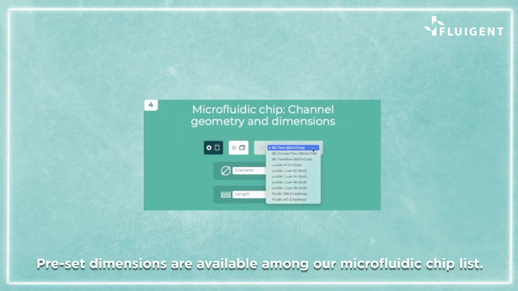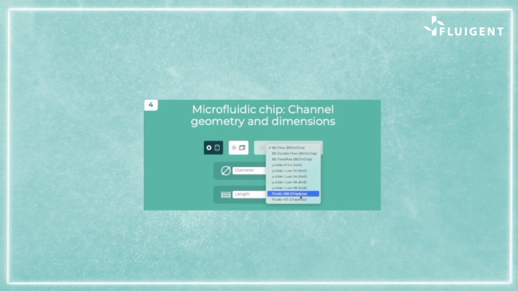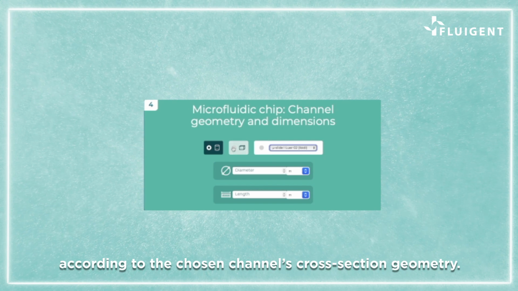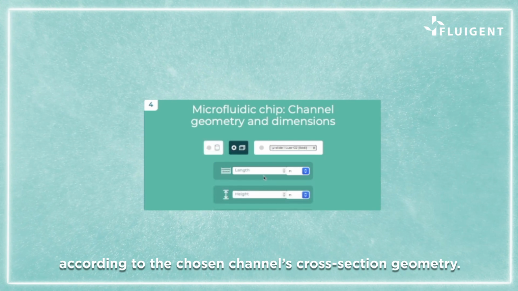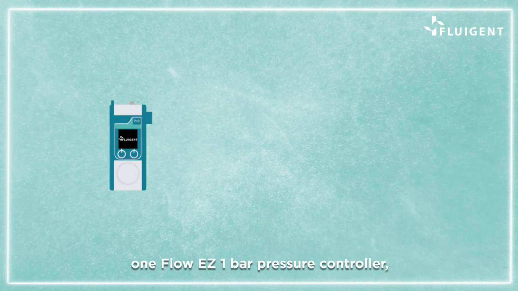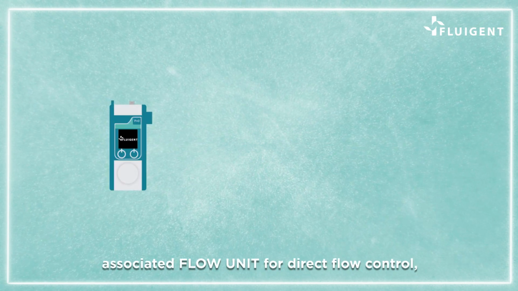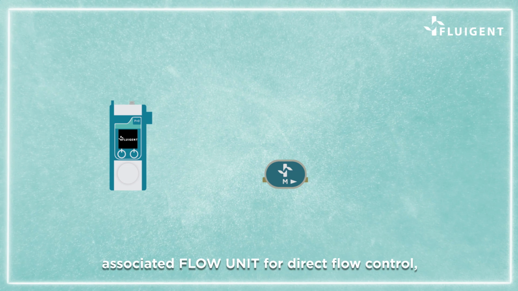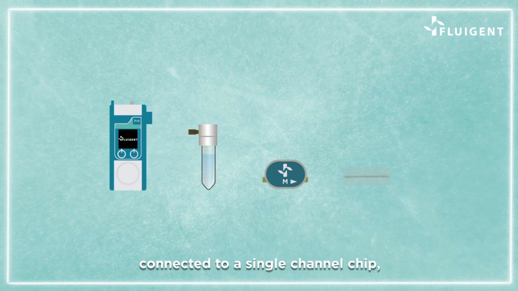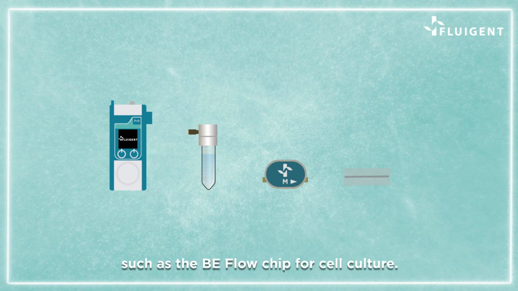Preset dimensions are available among our microfluidic chip list, though the user can precisely input the dimensions of a custom chip according to the chosen channel's cross-section geometry. Let's consider a basic setup including one Fluigent 1-bar pressure controller, associated flow unit for direct flow control, and a 15 ml reservoir filled with water at 20 degrees centigrade, connected to a single-channel chip, such as the B-flow chip